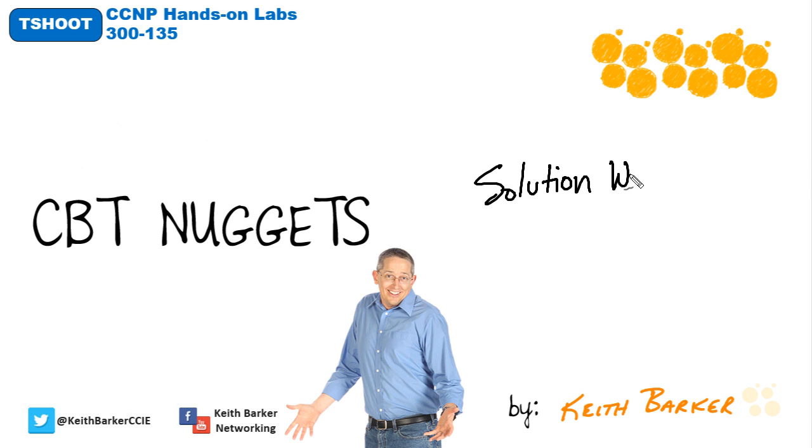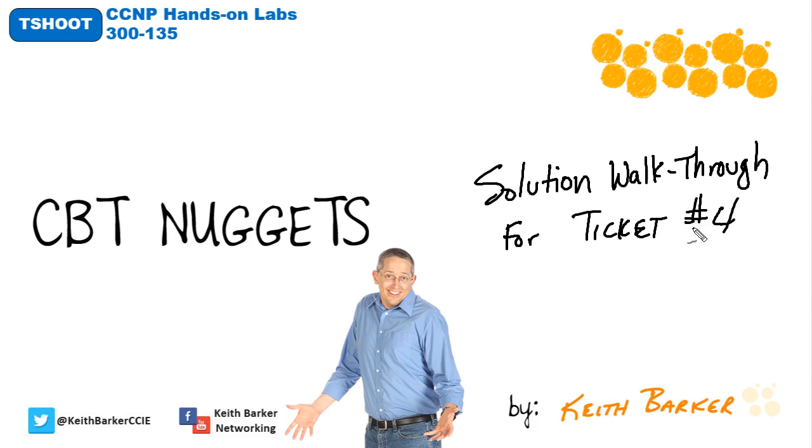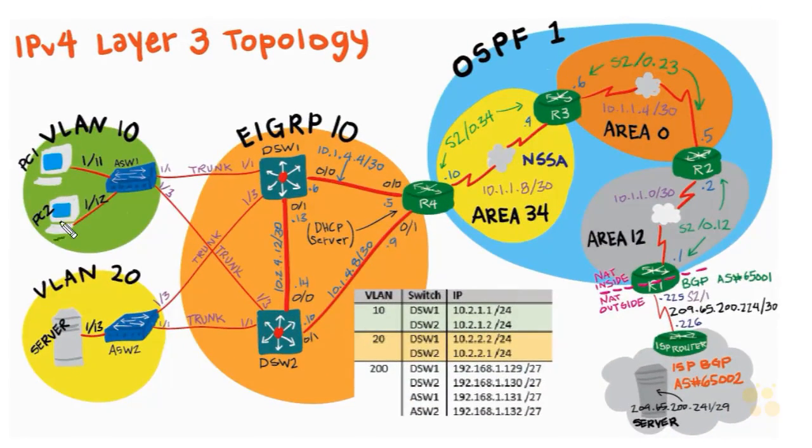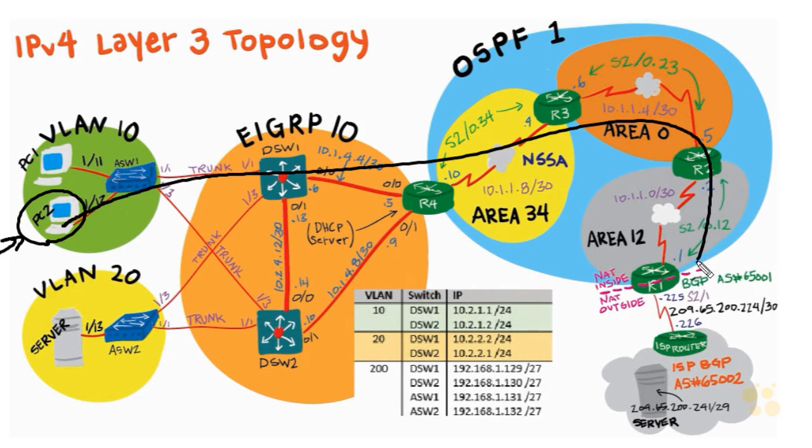In this nugget, you and I are going to walk through the solution for troubleshooting ticket number 4. Let's begin. So for ticket number 4, we're going to make sure that PC2 has an IP address, and then verify that we can ping all the way from PC2 through the network to the internet server here at